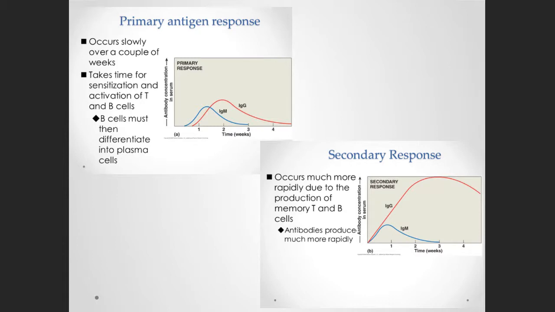But I've created memory cells, and those memory cells are sitting in the connective tissues, maybe near that original injury site, in the lymph nodes, and the spleen, and areas maybe near the original entry site. And so if another pathogen ever gets into the system, and it uses the same mode of entry, like coming in with food, coming in with air, those hopefully, again, memory cells in that connective tissue, memory cells in the lymph nodes nearest that area, will then quickly ramp up their defenses when they bump into that pathogen, and get a response the second time that gets the numbers up and running for antibody release faster and higher